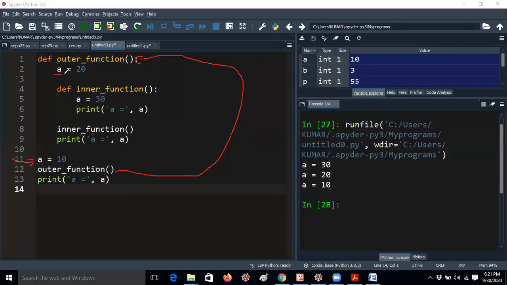Now I'm getting a equal to 20. After that, a equal to 25 will not execute. It will not execute, guys. First it will check. One minute, guys. I am also confused. Please wait, guys. I'm taking time to see here. So here the a value is 20. That means after that, this line will not be executed, guys.